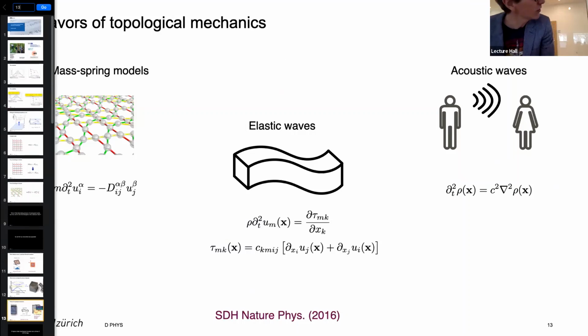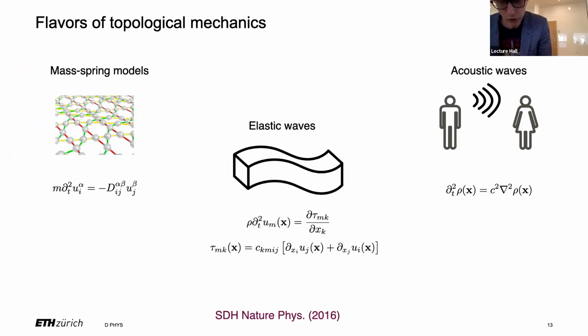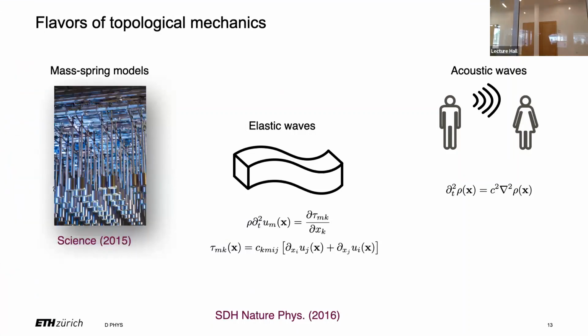When we did, wait, I first need to go here, and then when we, in this system, for example, where we really built a two-dimensional quantum spin Hall effect analog with pendulums, we see all the beautiful edge modes. I can show you movies, and you fix a few pendulums so that they can't move, and then the wave just goes around it, and that's all there. But that's kind of 2015 type of physics.